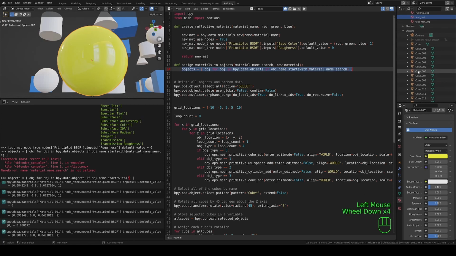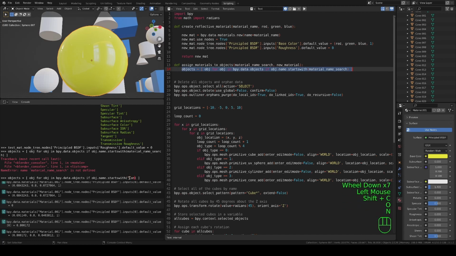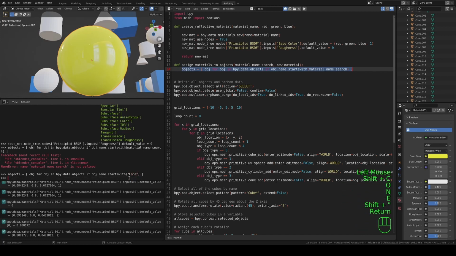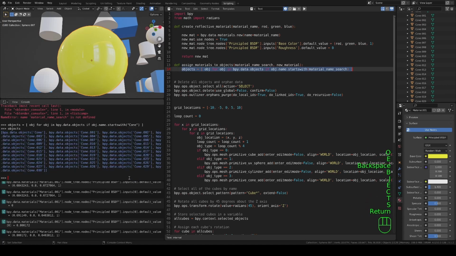For example, cone. So let's say it starts with cone, and now we get a list of objects here. And you can see that list of objects includes all of the objects where the name starts with cone. So this is a really handy way to search for objects by name,